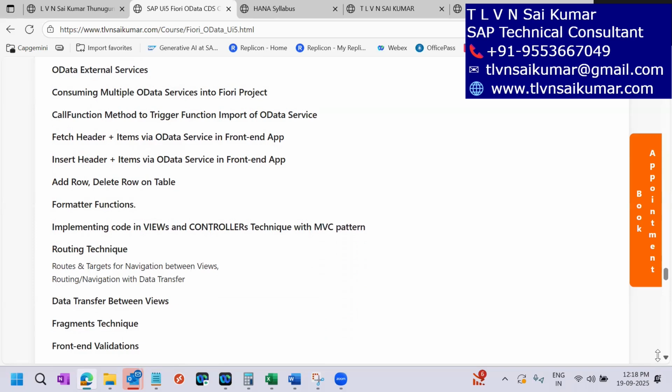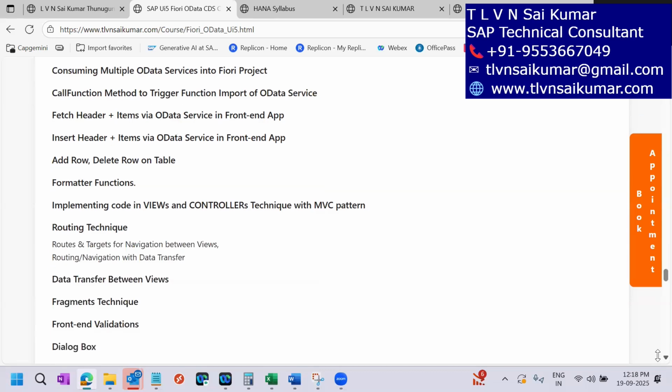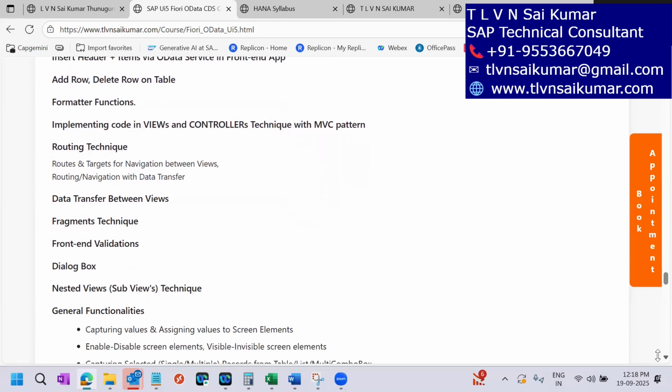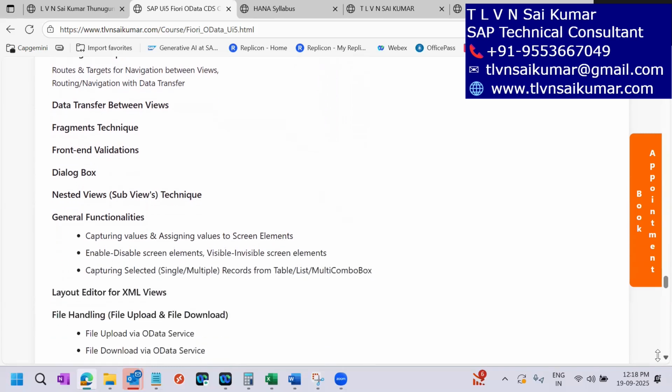Now, next we will cover routing techniques, routings, targets, navigation between the views. Now, next we will cover routing navigation with data transfer from one system to another system. Now next we will discuss data transfer between the views. Now next we will cover fragment techniques, front-end validations, dialog boxes, and now next we will show you the nested